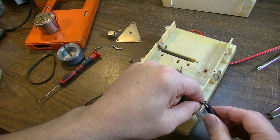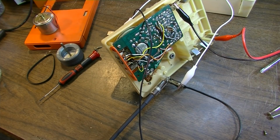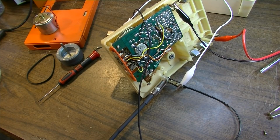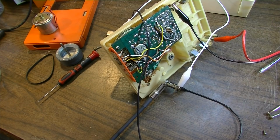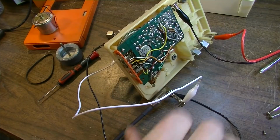My power came loose. Okay, that's pretty awesome. Obviously there's going to be a lot of noise because this is all unshielded here, but...